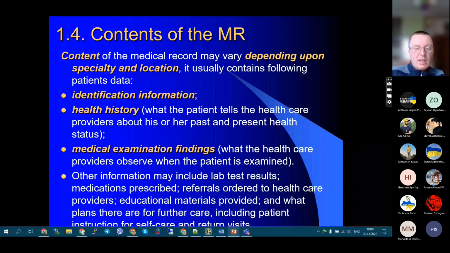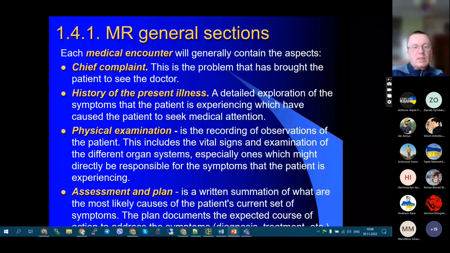various lab test results, prescribing, referrals, orders to healthcare providers, educational materials, medical images, etc., etc. So the more we collect on a patient, it's better to add everything into medical records and keep it updated every time. And medical records are actually composed of medical encounters, which generally contain aspects like complaint,